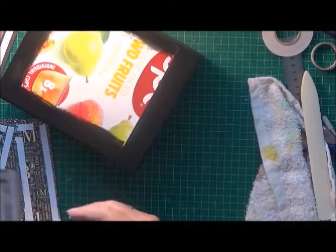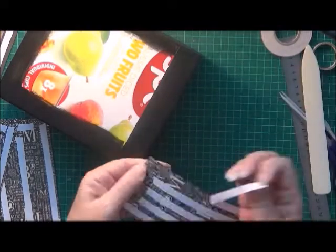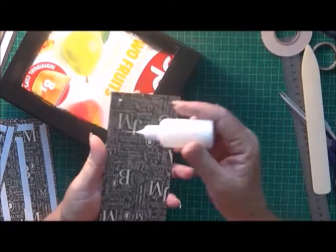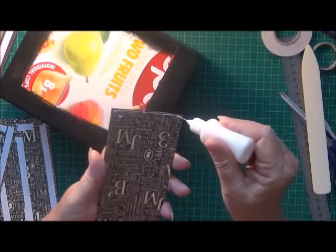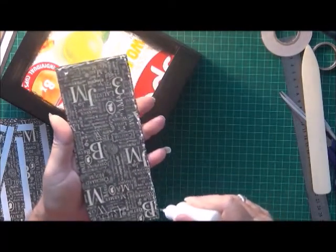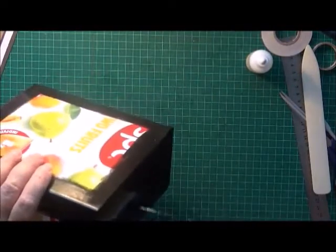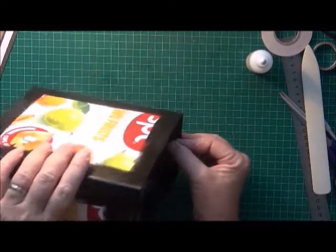And I'll do the side ones first. And I'm just going to put some more glue right up around the edges because I don't want the edges lifting up. And just slip it down on the inside of your box